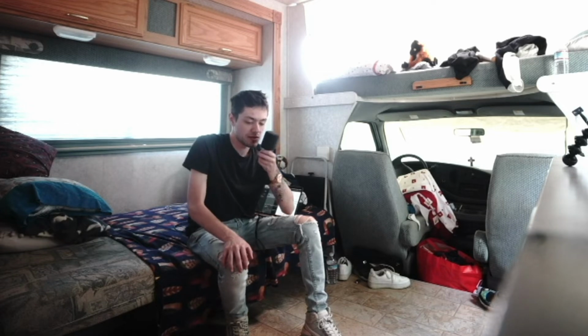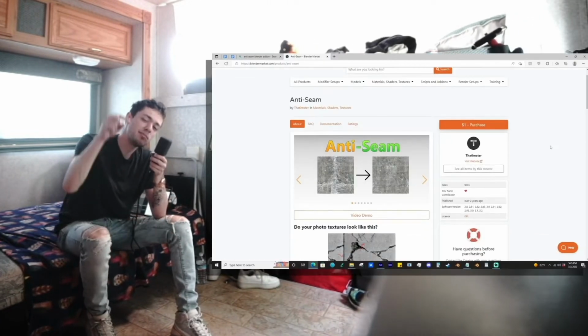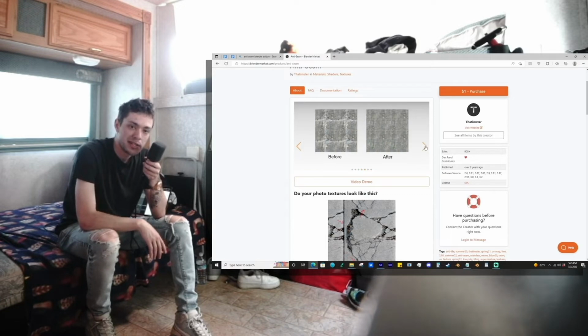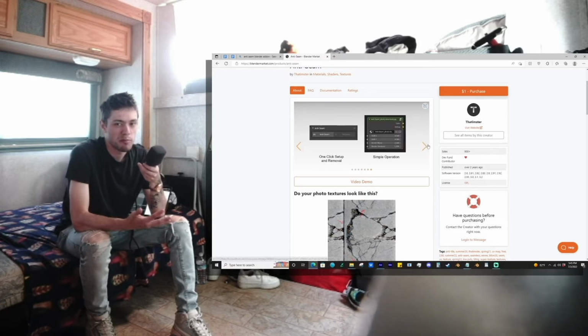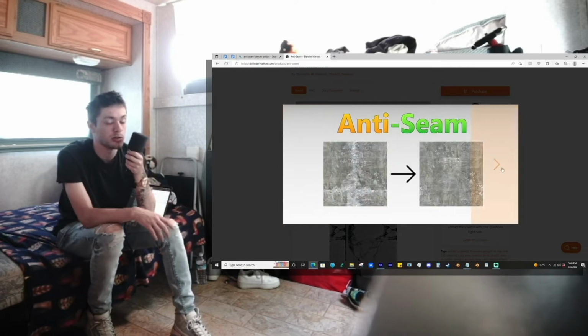There have been some downsides to this that I noticed, which is that they're not completely seamless. An easy workaround I've found for this is using a free add-on called Anti-Seam. I will have the link for that in the description of this video. It erases some of the seams, and it does it automatically. It's free. I recommend it because a lot of textures aren't seamless. It works really well, and it gives you super high detailed stuff and things you've never seen before.